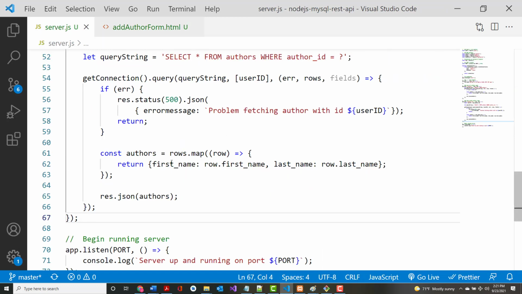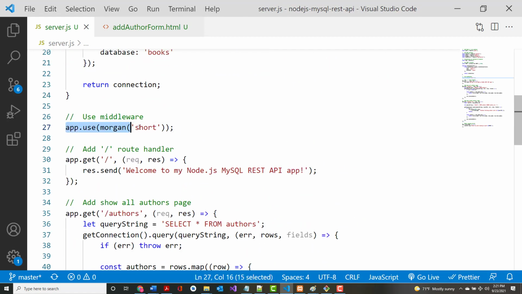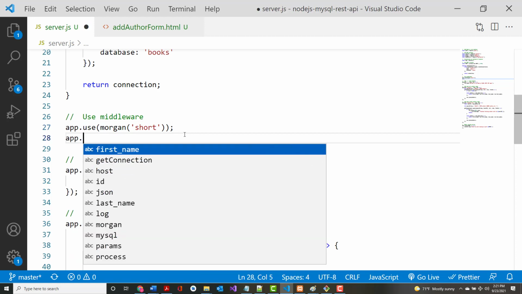And remember we put this comment up here that said use middleware? Remember that? All right. Well, there's another bit of middleware that we want to add in here. Let me put it in first. Don't worry about typing it. I'm not going anywhere. So app.use